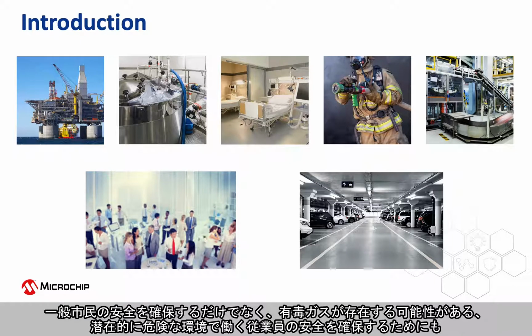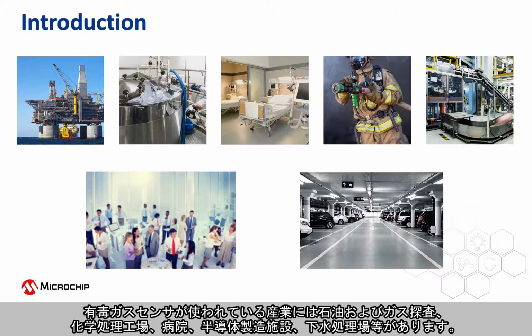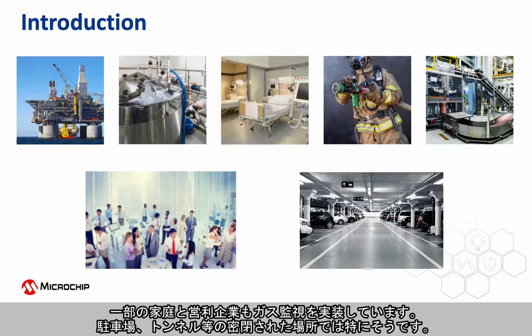The demand for reliable gas monitoring systems is growing to help ensure the safety of employees who work in potentially hazardous environments where toxic gas may be present, as well as ensuring the safety of the general public. Industries in which toxic gas sensing is used include oil and gas exploration, chemical processing plants, hospitals, semiconductor manufacturing facilities, and sewage treatment plants. Some homes and commercial businesses also implement gas monitoring, especially in enclosed areas such as parking